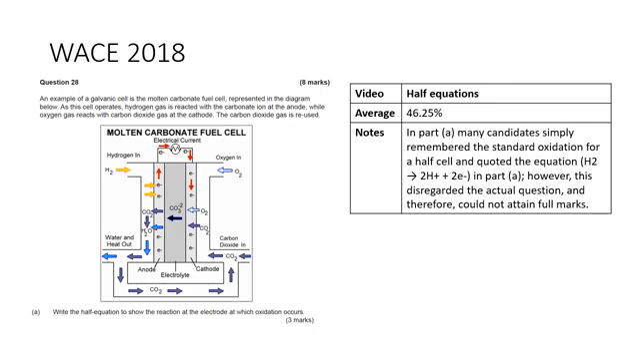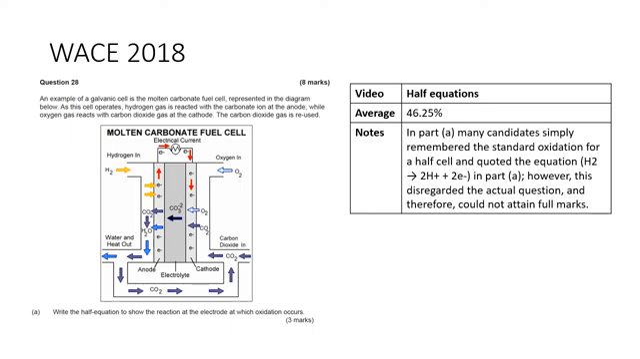Okay. So an example of a galvanic cell is a molten carbonate fuel cell, represented in the diagram below. As the cell operates, hydrogen gas is reacted with carbonate ions at the anode, while the oxygen gas reacts with the carbon dioxide at the cathode. The carbon dioxide gas is reused. Okay. Write the half equation to show the reaction at the electrode at which oxidation occurs, which happens to be the